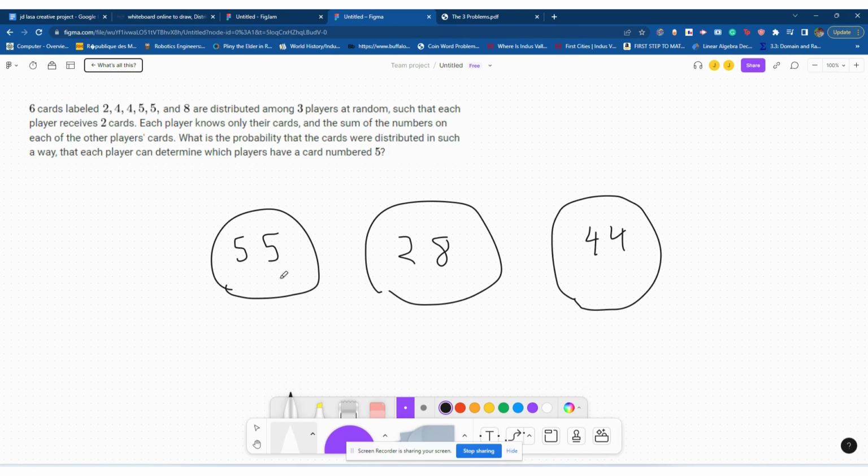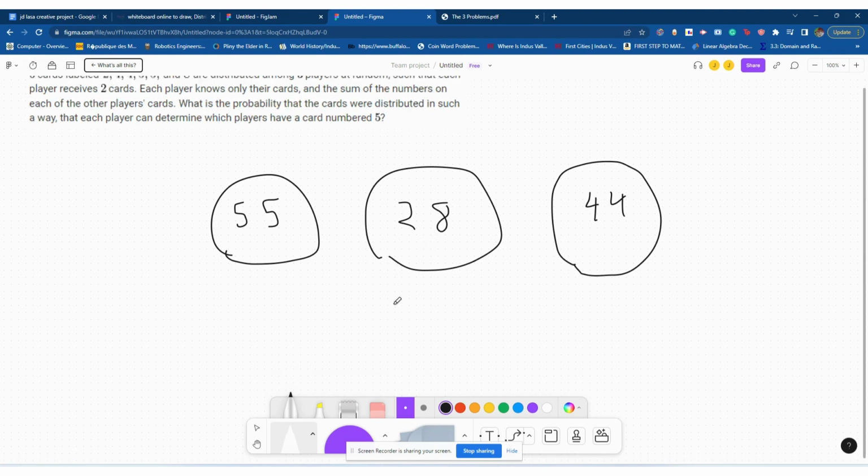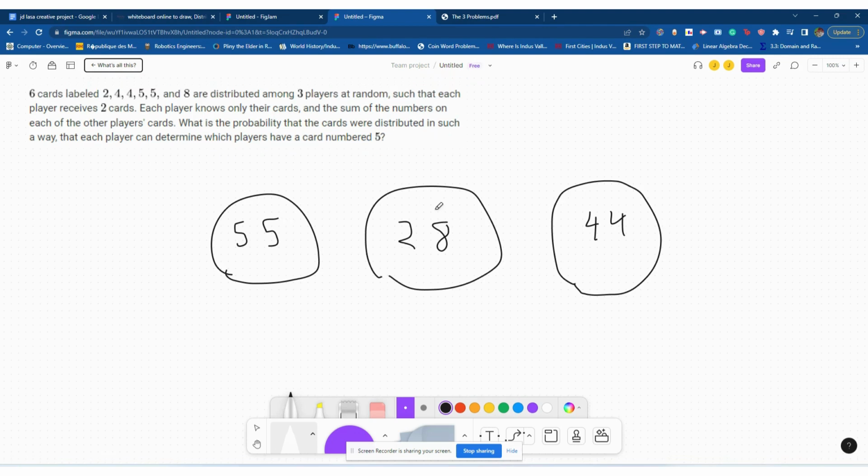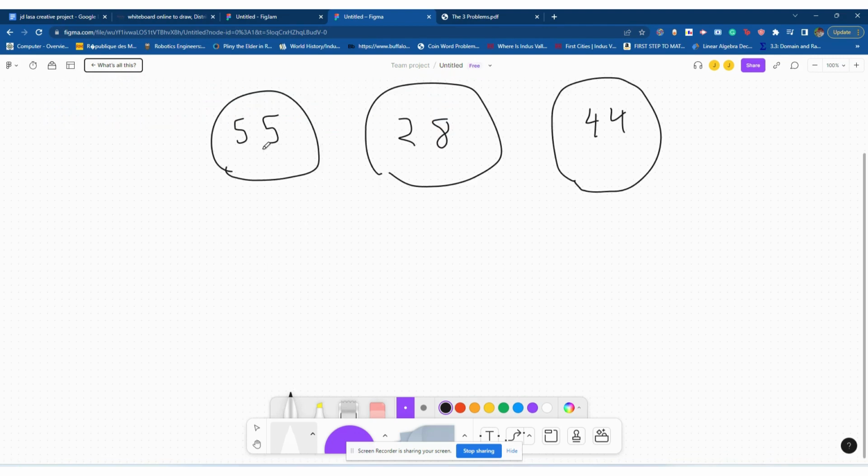So now we could just find the probability that one player has a 5 and a 5, the other has a 2 and an 8, and the third has a 4 and 4, and subtract that from 1, because this is the complement of what we want. So the probability that one person gets 2 5s is